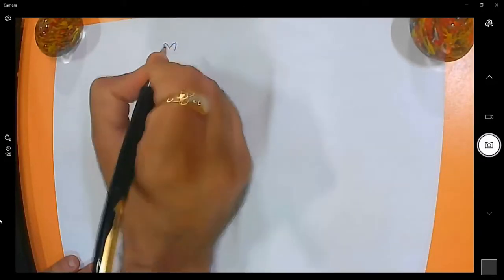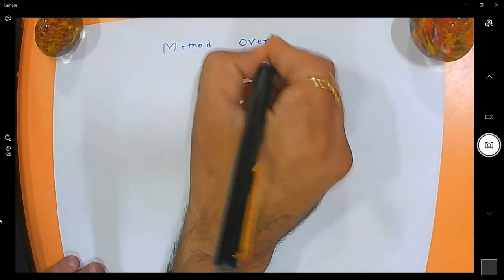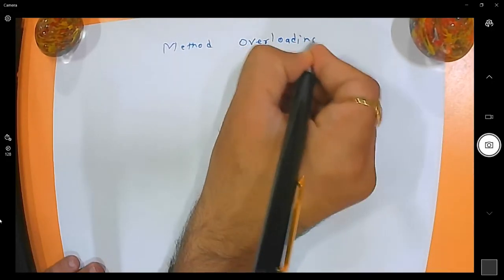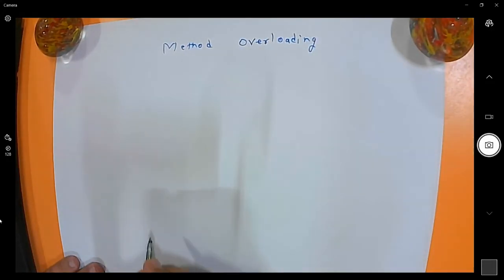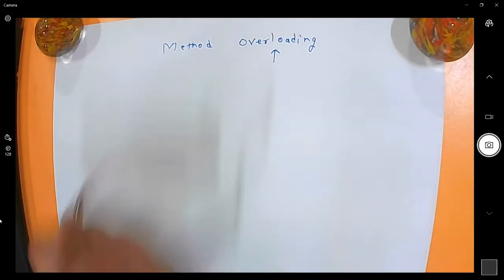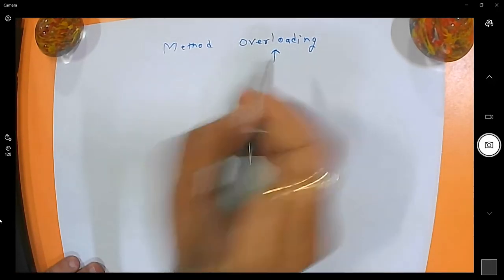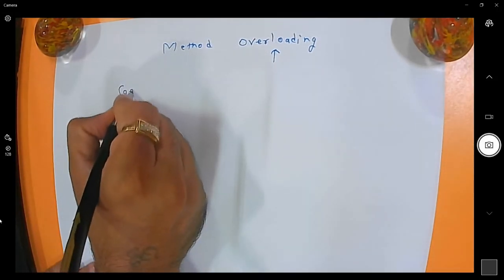Today we will discuss method overloading and constructor overloading. So first we need to understand the word overloading. What is overloading? The meaning of overloading is the same name